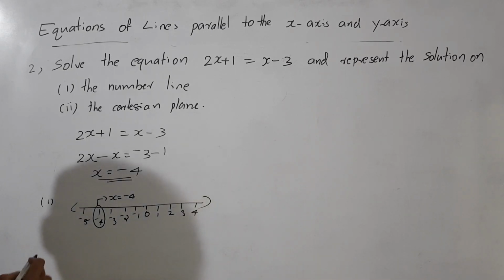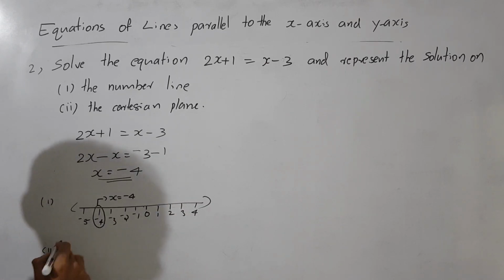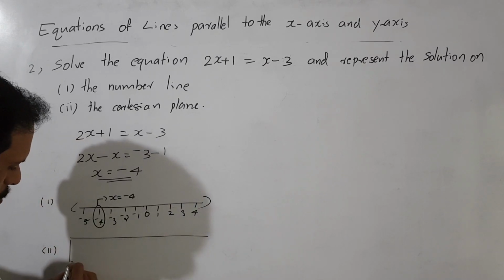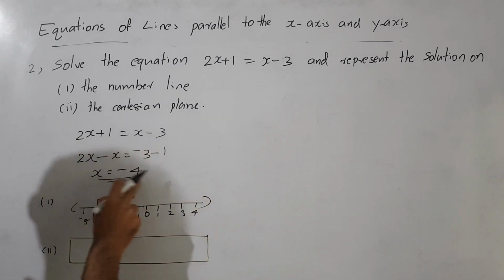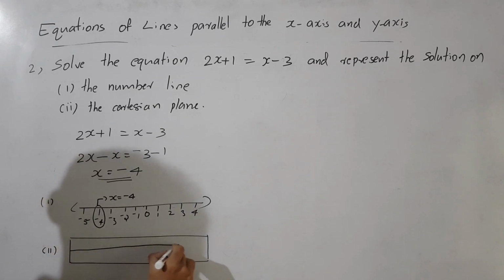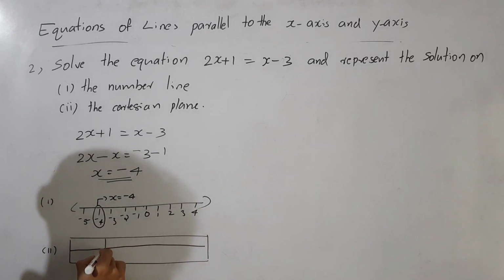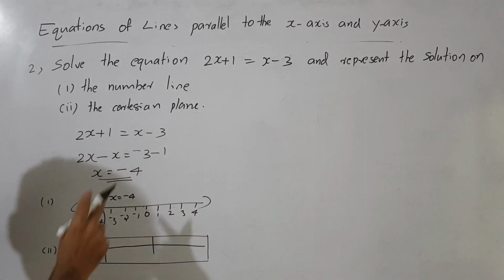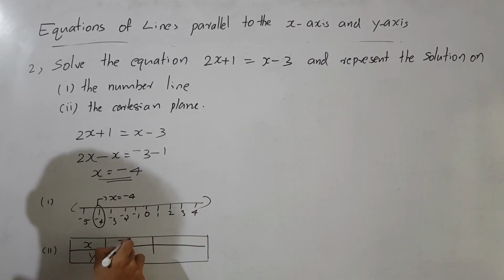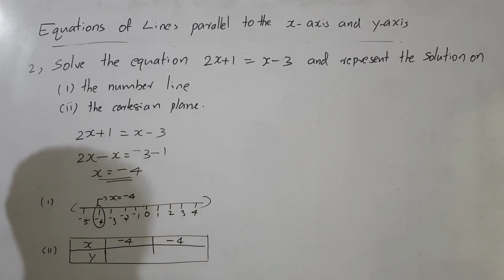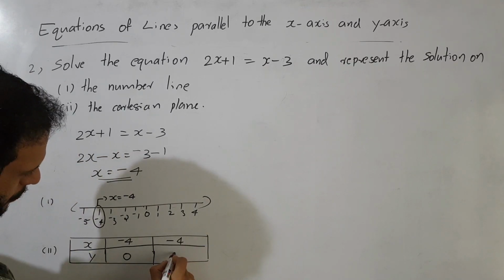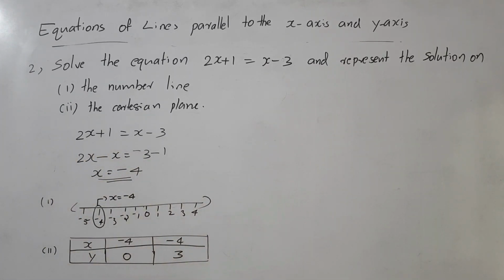Okay. Then we need to draw the graph of the second. For that we need to get the solutions. In those solutions, what is given is very clear. The value of x never changes. The value of x is always minus 4. So we fix the value of x as minus 4 and we choose any two values for y. Here I am choosing the value of y as 0 and 3. So the solutions are minus 4, 0 and minus 4, 3.